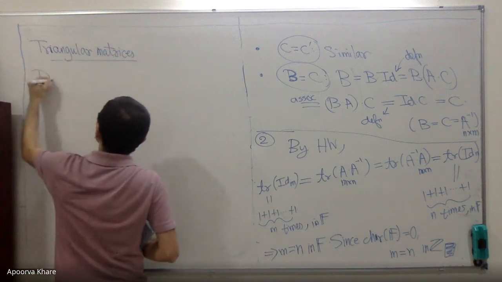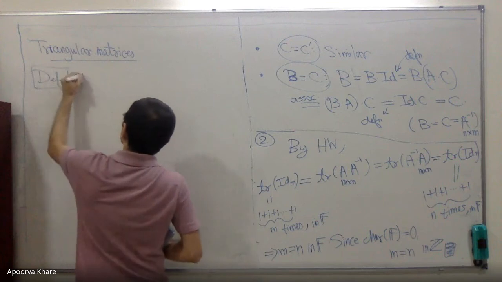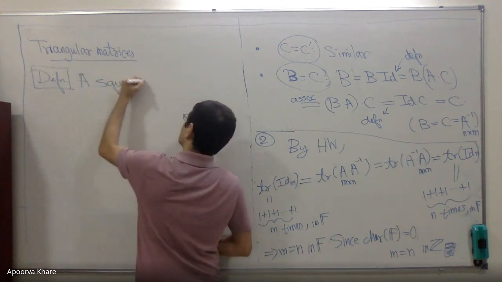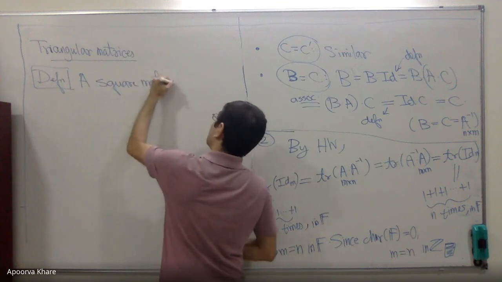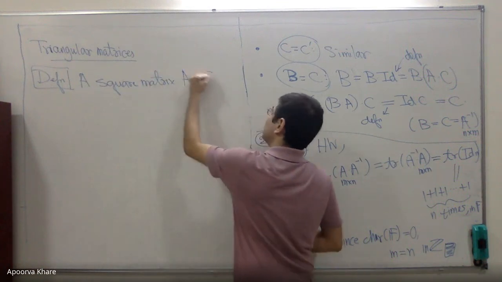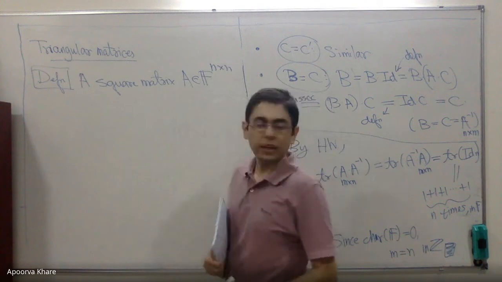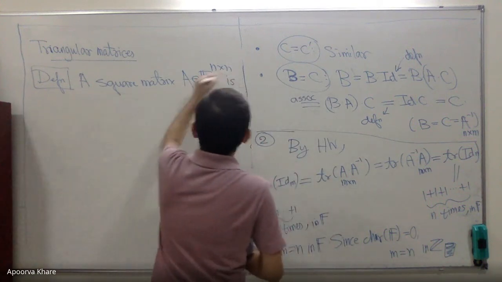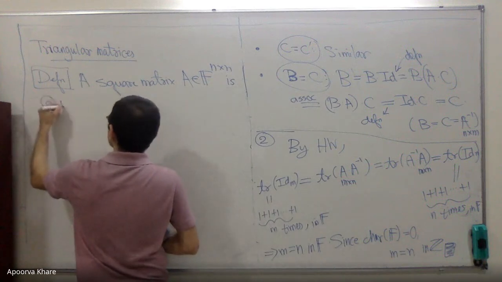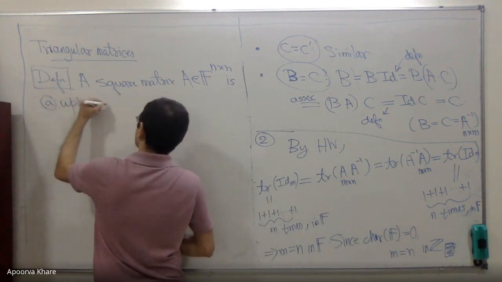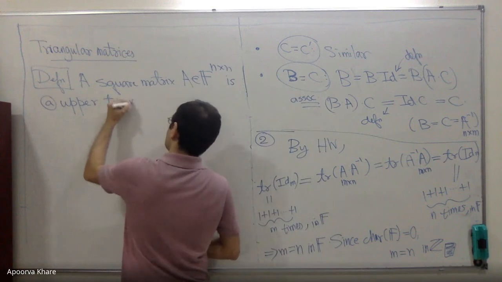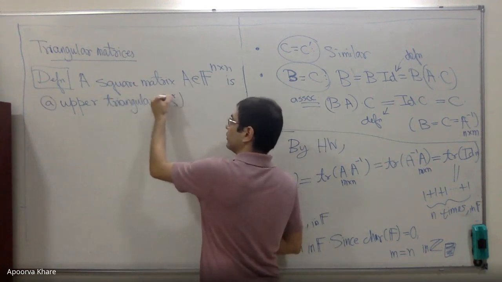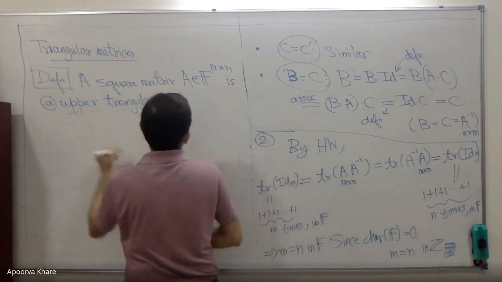So definition: a square matrix, let's say A in F to the n cross n, where F is always an arbitrary field, is... okay, let me give you three definitions. Upper triangular. I'll just call it triangular with an R here. If